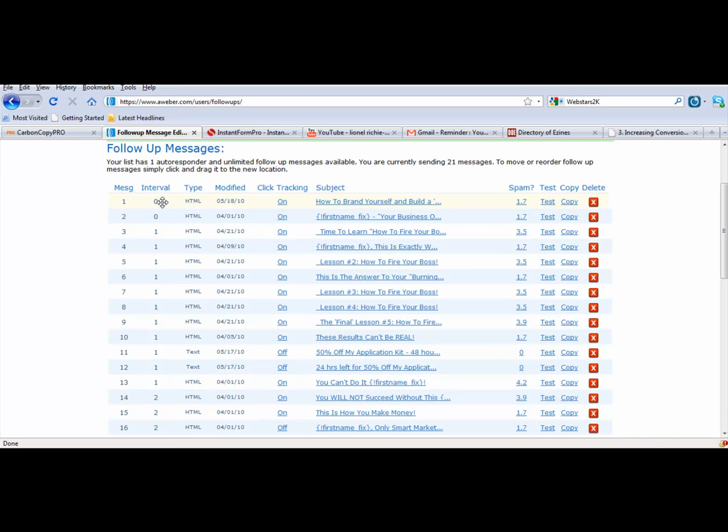Okay, now obviously, if you can see here, it says interval 0 because it's the first email, it has to be sent immediately, so it would say 0. Alright, so for your second email, you would have to go in there and change this to make sure that it says 1. And I want you to do that for the 5 emails that I've given you at the bottom of this video. You can use that as your first 5 emails,